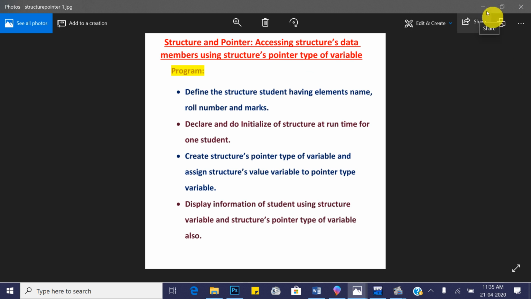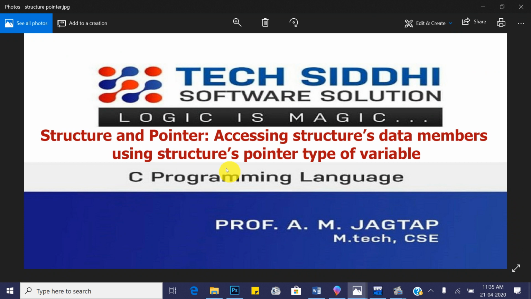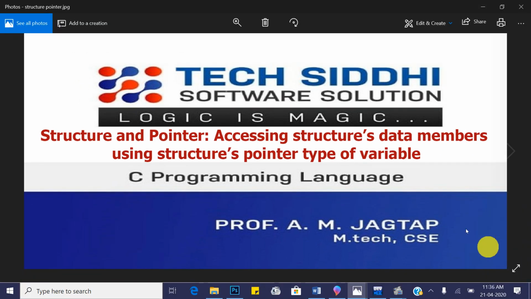Okay, so we will see this. Clear? Okay, so finally we will summarize the lecture's point. Whenever we access structure data members using a structure value type of variable, then use the dot operator, and whenever we access structure data members using a structure pointer type of variable, then use the arrow operator. Okay, so today we will